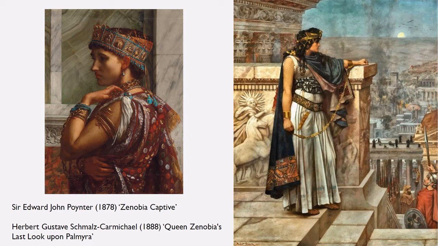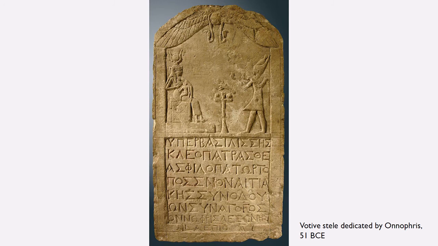So that's her appearance. What about her behaviour? Well, throughout the game, she refers to herself as Pharaoh. I mean, some other characters refer to her as Queen, but she refers to herself as Pharaoh. And there is some precedent for this, some indication of this in the archaeological record. So here we've got a votive stele that was set up at the very beginning of Cleopatra's reign, and you see her name in it there.